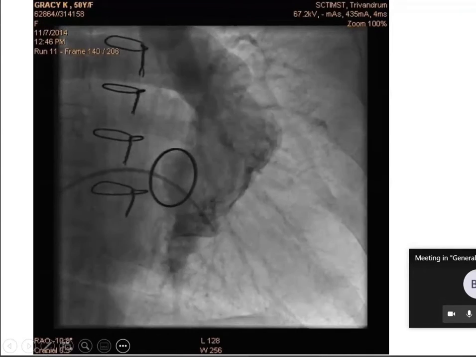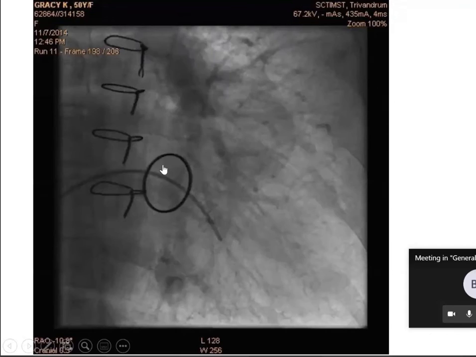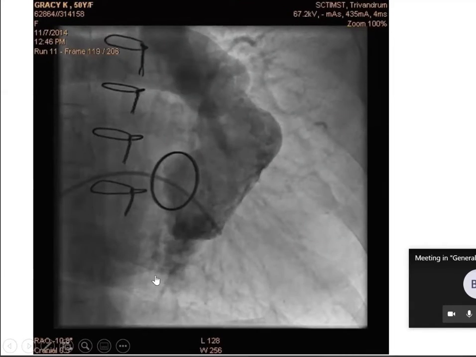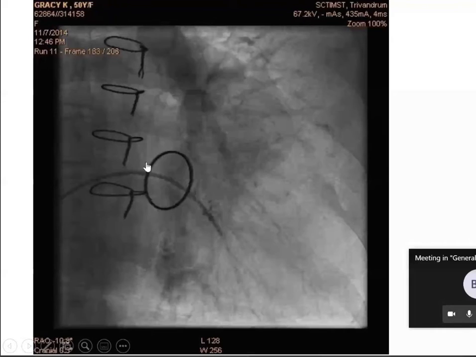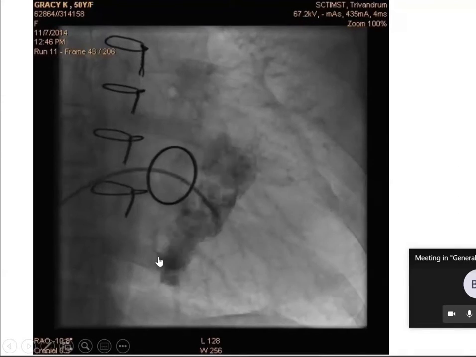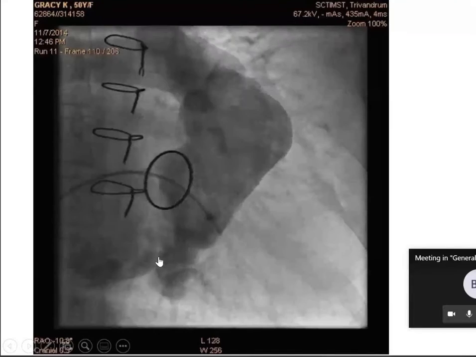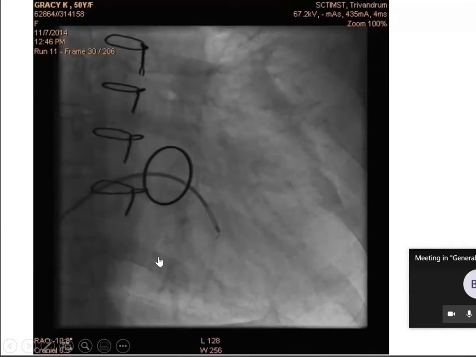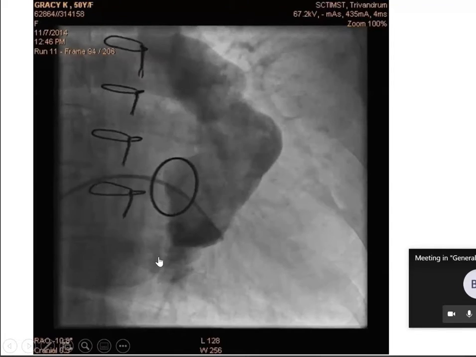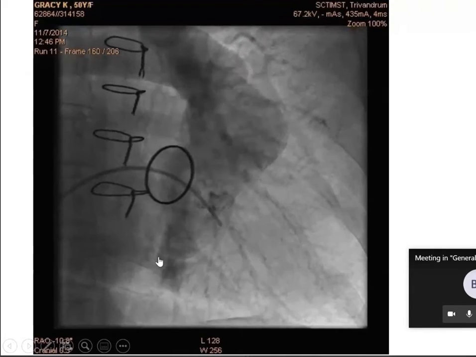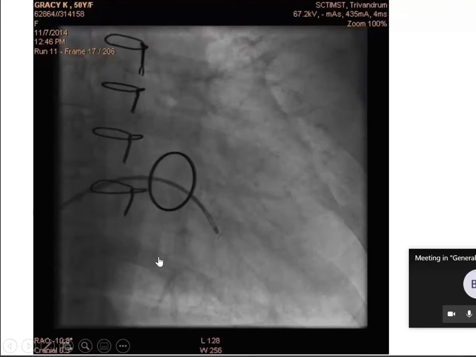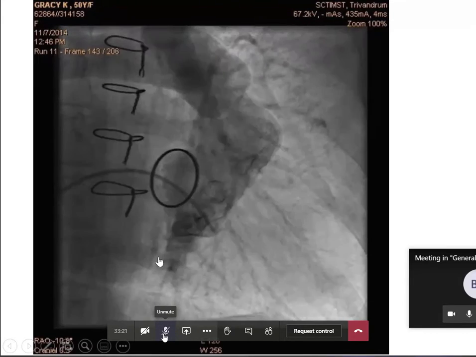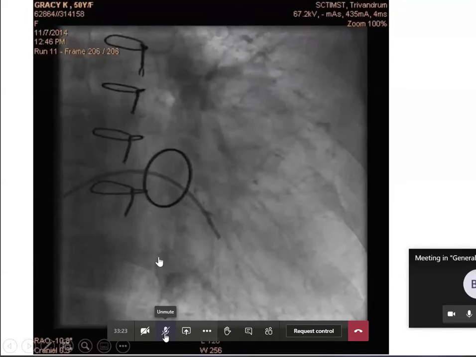But you can see the tricuspid valve here, no? See, this is the tricuspid valve. You can see the TR, no? This is the tricuspid valve up to here. So then what can be the ring? I don't know, sir. Just make a guess. It's an RAO view. Aortic valve. Prosthetic aortic valve.